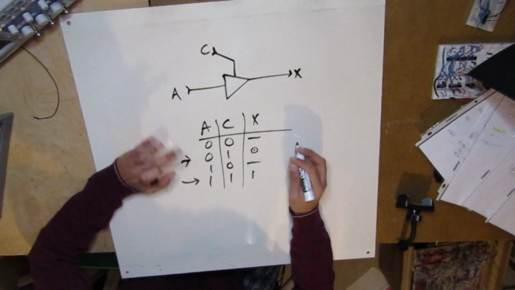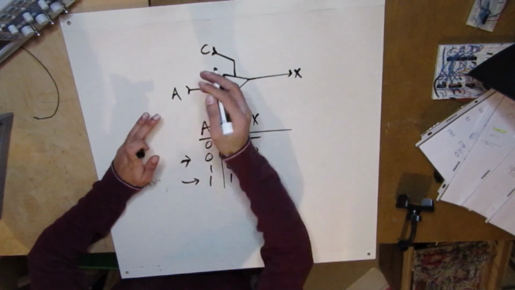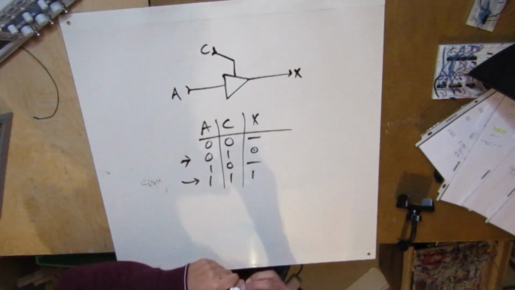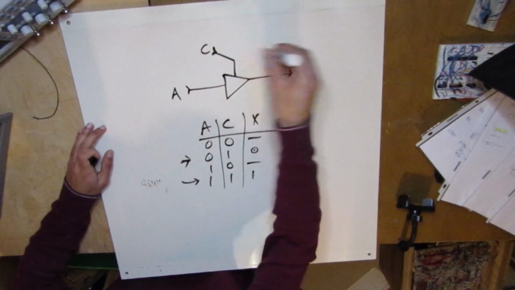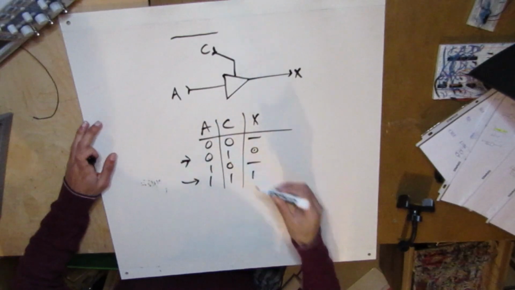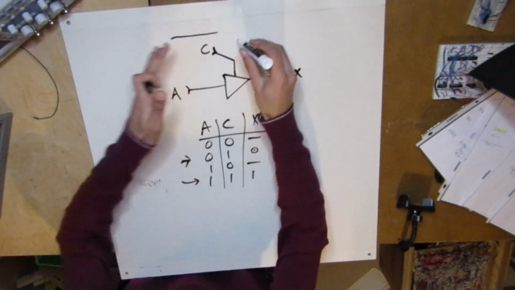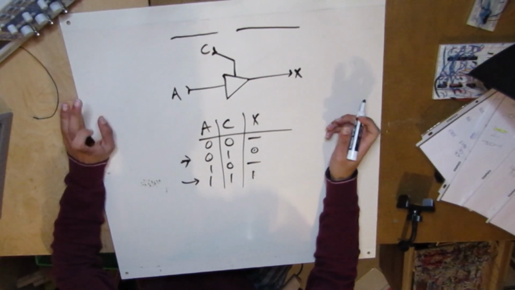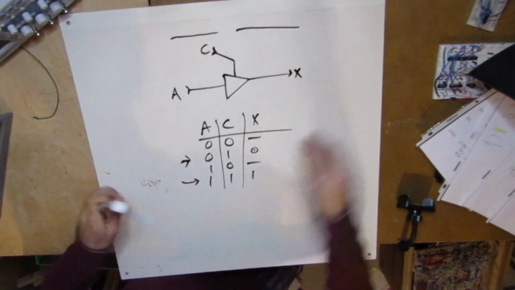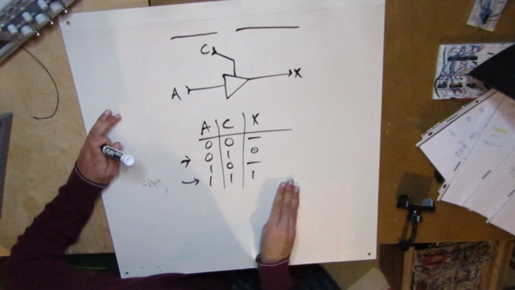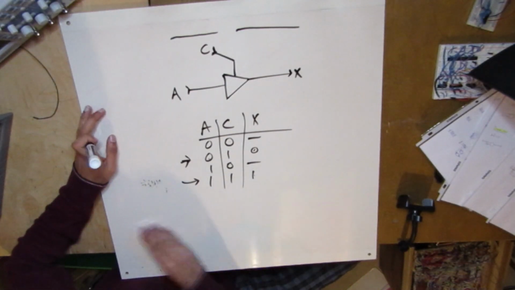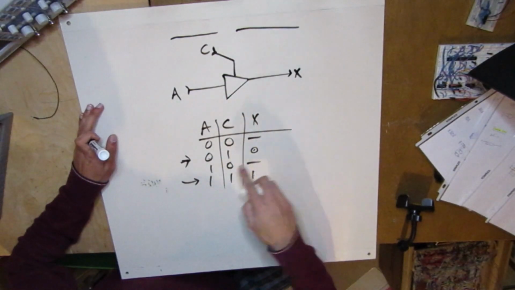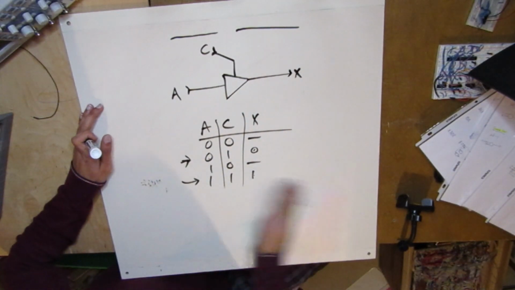Because literally what this does is it acts as a full disconnection from X. So when this is a 0, the equivalent to what I just drew is a wire, a literal disconnect, and then a wire. I believe it's called a high impedance state. I'm not 100% sure, so if I'm wrong, someone comment and fix that. But this is how I think of it. It literally disconnects it when the control bit is a 0. And this is really important